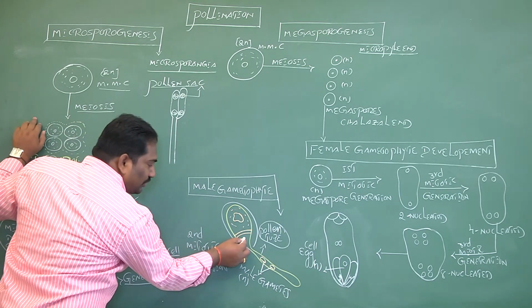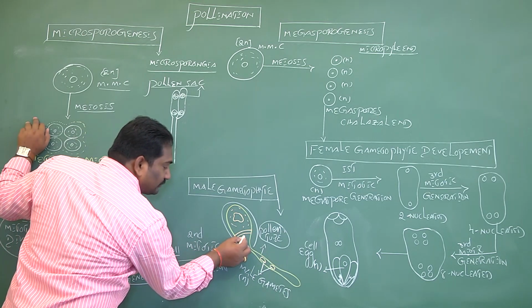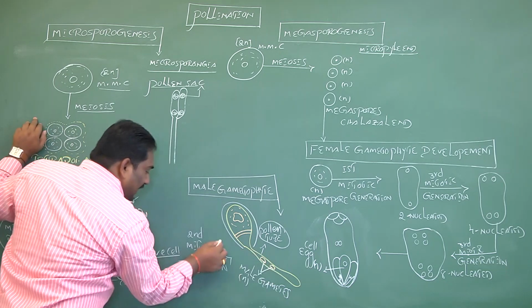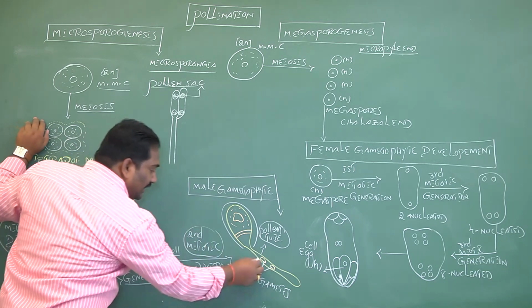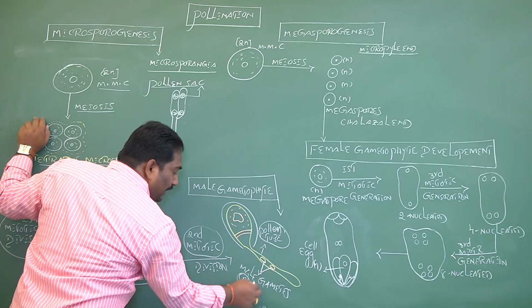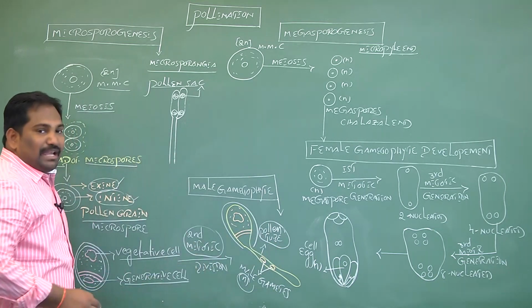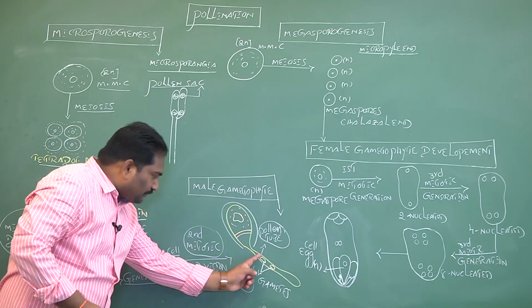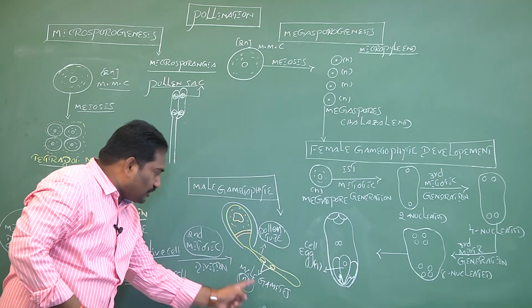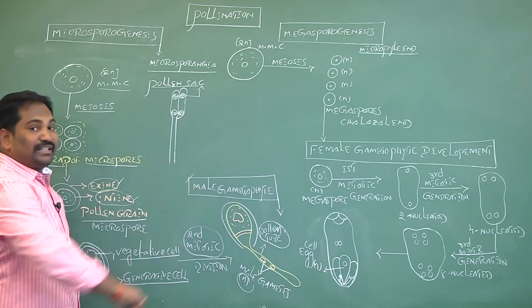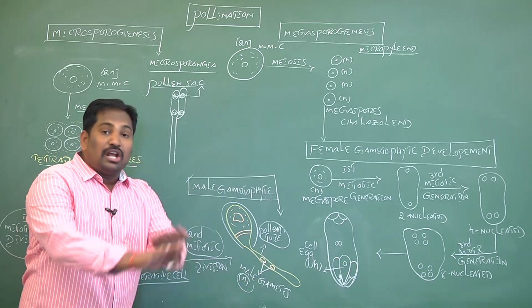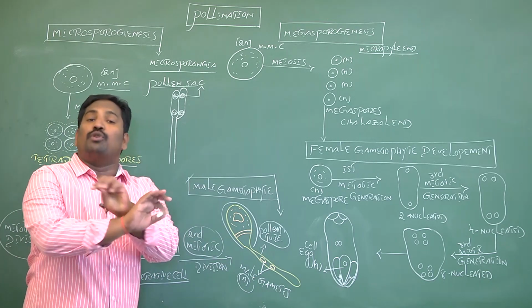When the outer exine ruptures, the inner intine produces the pollen tube. The generative nucleus enters from the pollen grain into the pollen tube. It undergoes a second mitotic division and produces two haploid amoeboid-shaped male gametes. The development of two haploid male gametes in a pollen tube is called male gametophyte development. Generally, these are non-motile; there is no motility.